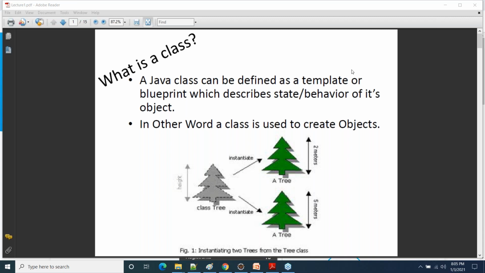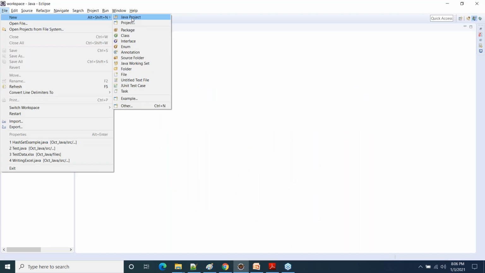Yes. So in the Eclipse, I'm going to create a new project. I hope you have Eclipse installed on your system. Just install the latest version of Eclipse on your system. And once you have installed Eclipse, you will have to create a new project. How to create a new Java project is very simple. Just go to File menu, say New, and you will get this new Java project.